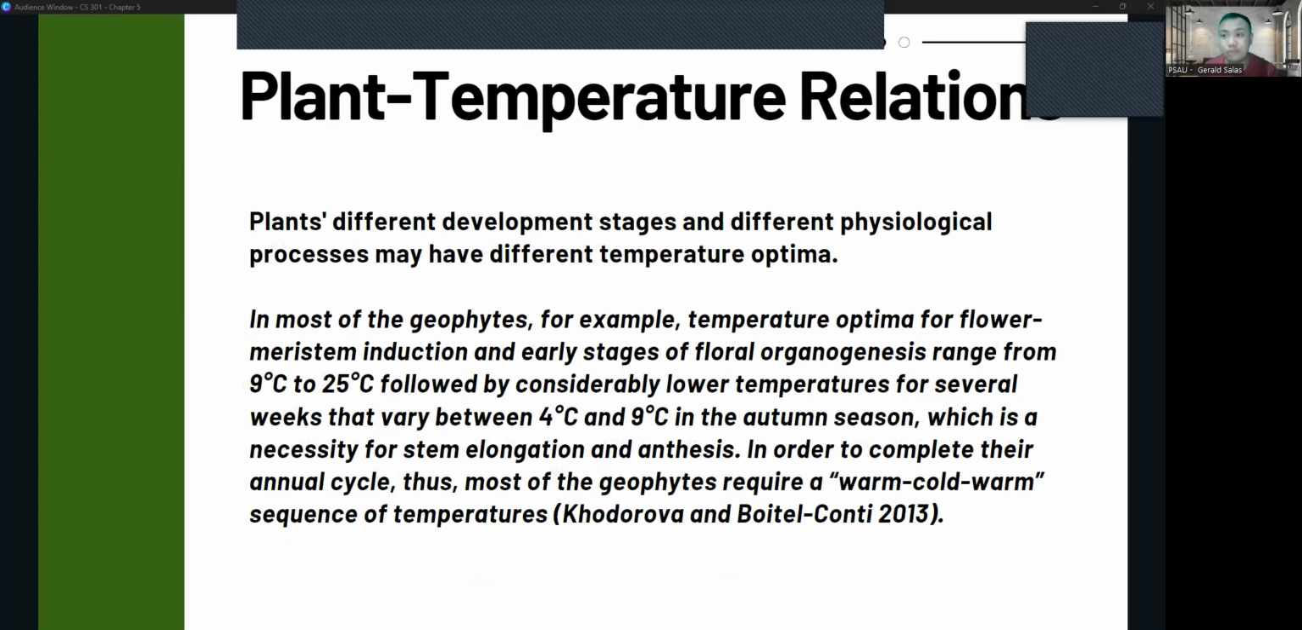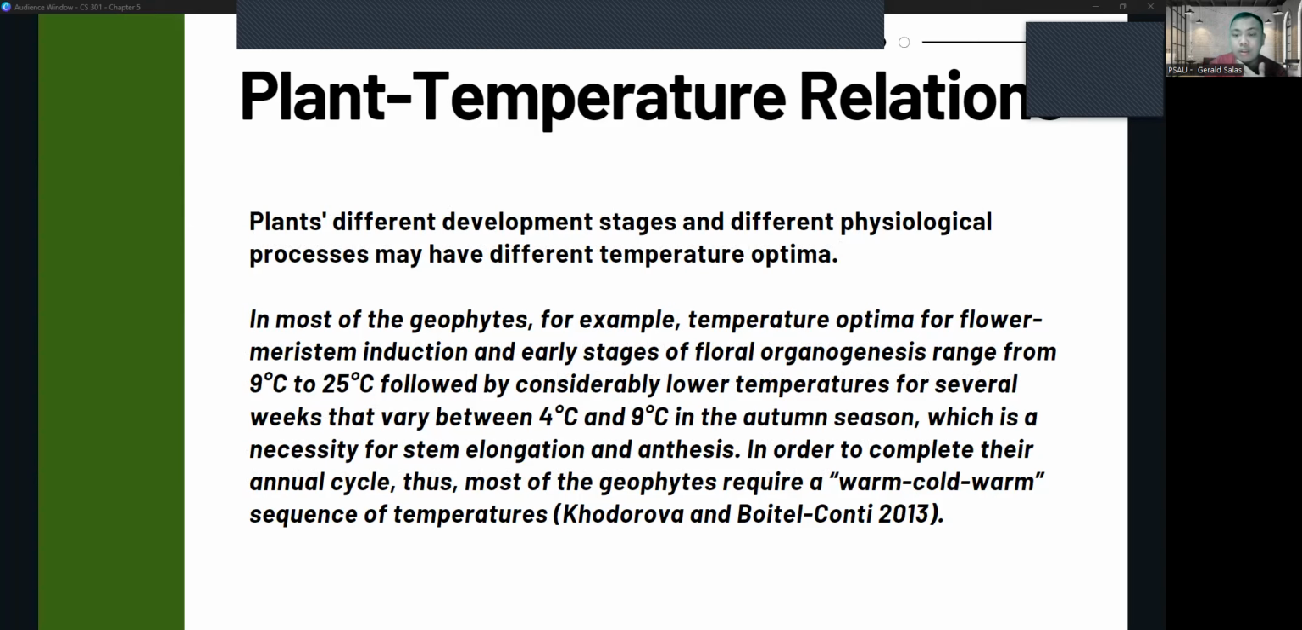Now, plants also vary in terms of the optimum temperature that they require for development stages. So, for example, for geophytes, these are not present dito masyadong available sa atin sa Philippines because ito ay in the temperate region. In most geophytes, for example, temperature optima for flower meristem induction in early stages of floral organogenesis range from 9 degrees to 25 degrees Celsius